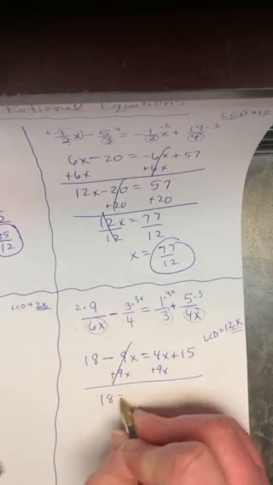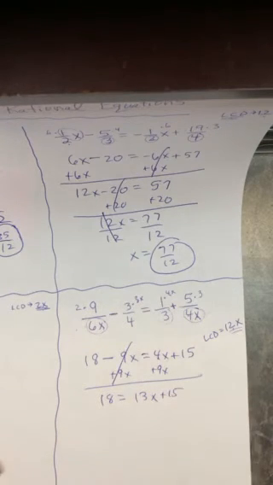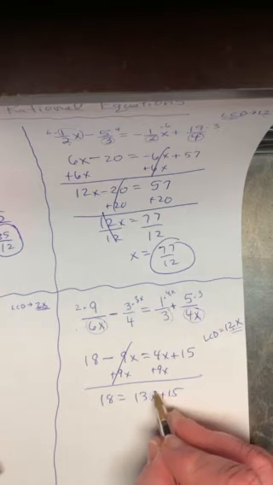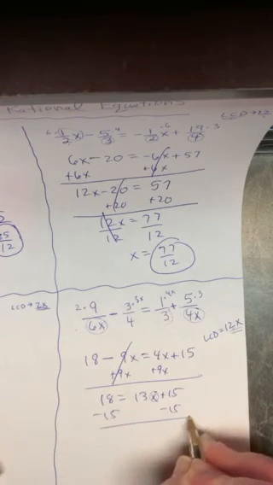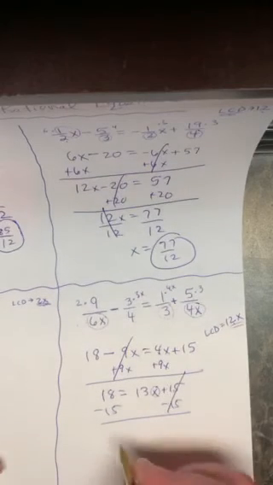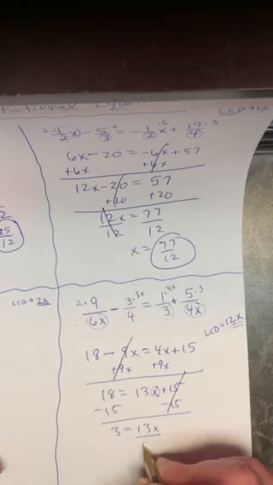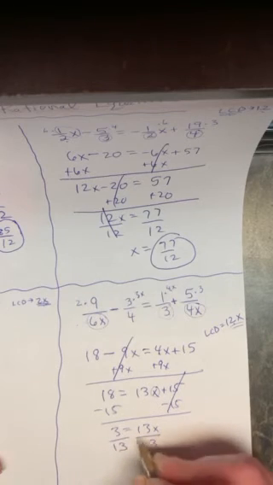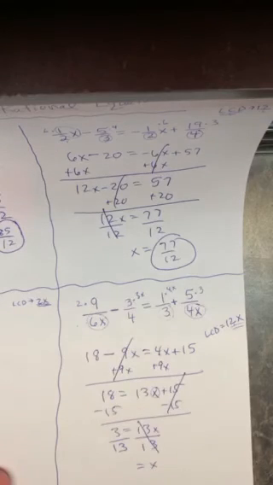So I've got 18 equals 13x plus 15. My goal is to get that x by itself, so of course I subtract 15. 15's cancel. I have 3 equals 13x. Divide by 13. And x equals, and again, you would just leave it as a fraction,